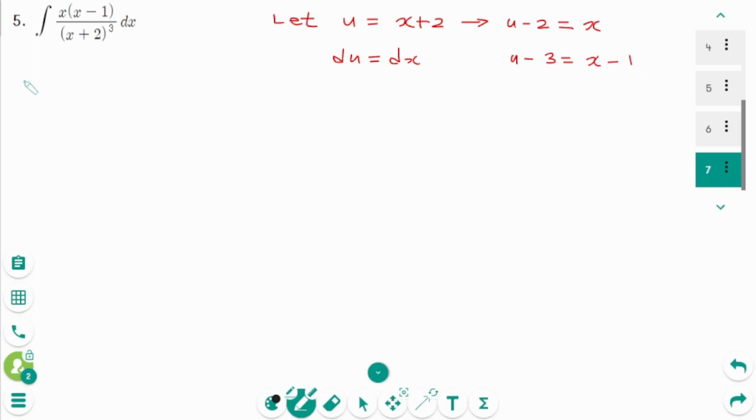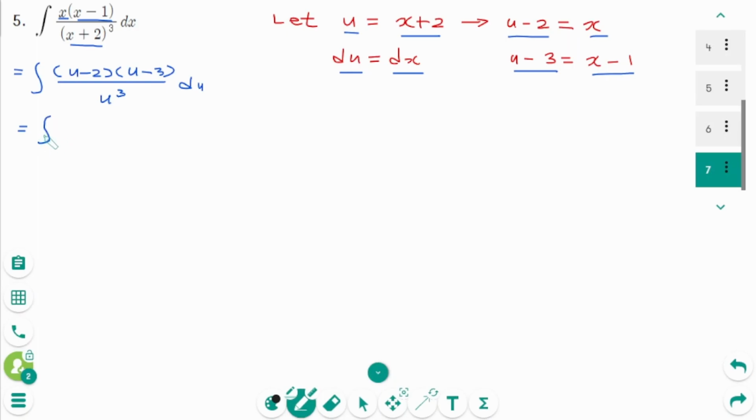Change all x into u. The integral of x is u minus 2, x minus 1 is u minus 3 over x plus 2 is u cubed, then dx is du,